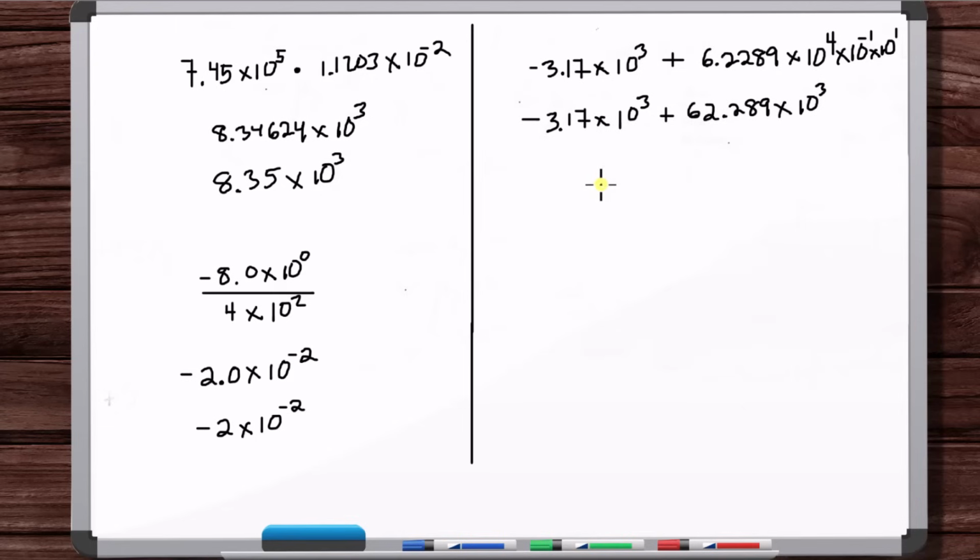So minus 3.17 plus 62.289 is, so we do 62.289 and then 3.17. Okay, so 9 minus 0 is 9, 8 minus 7 is 1, 2 minus 1 is 1. 12 minus 3 is 9. Okay, so writing this out with all of the significant digits, we've got times 10 to the third. Okay, so this isn't the final answer yet because this is not in scientific notation,